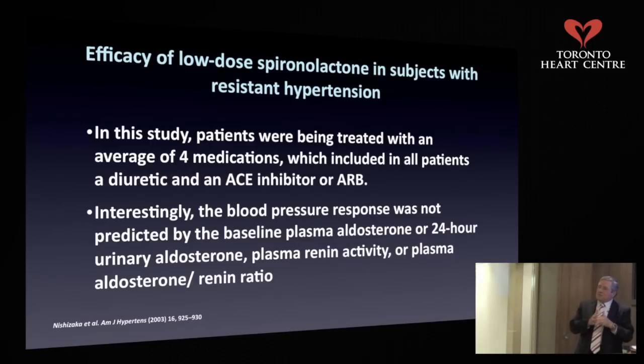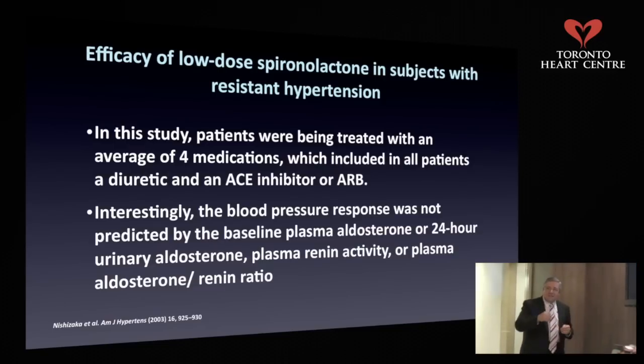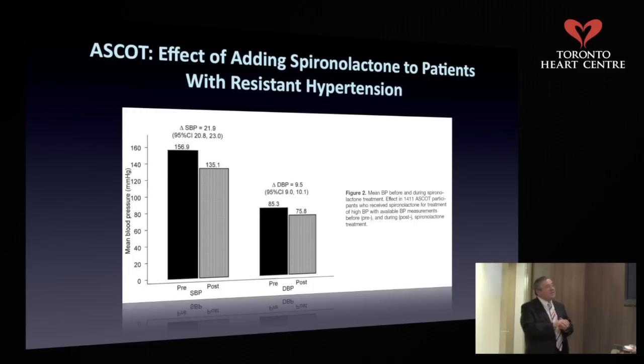Once you have a patient on 3 drugs, this could be a good 4th-line drug, and you don't have to do other fancy testing. So you are saying trial and error? If it works, you're good. Yeah. Then you have to keep looking at why the patients have resistant hypertension. But you'll be surprised. Give it a try, and I think you'll be very happy. Okay. Now,